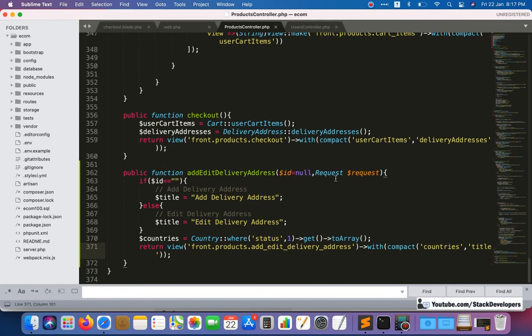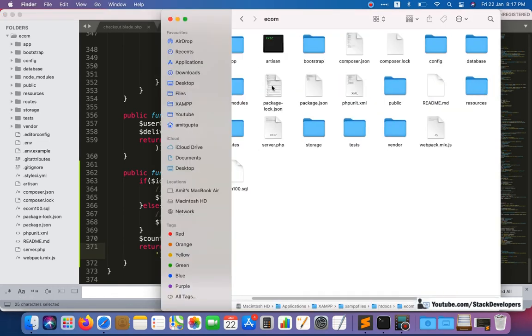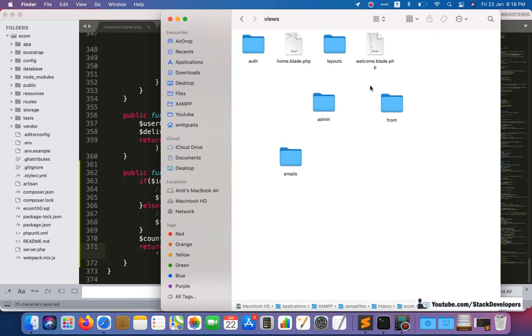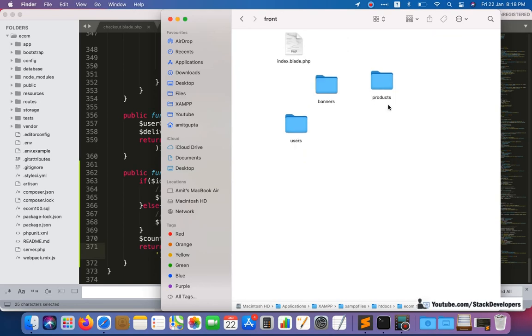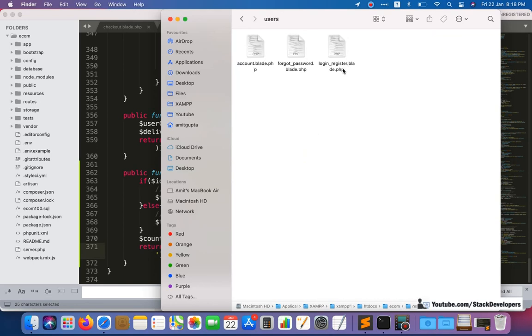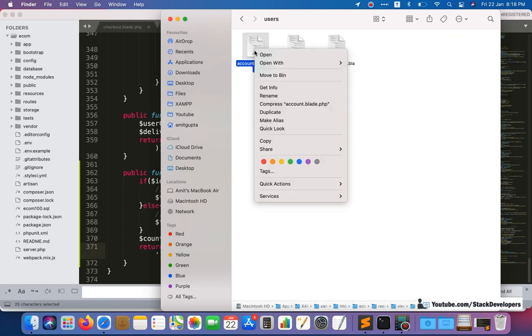So let's see, countries and title, this file I'm going to create inside the products folder. So let me create this file, and what I'm going to do, I'm going to pick that file from the account file we can use, front users. I'm going to pick this file, account.blade.php.